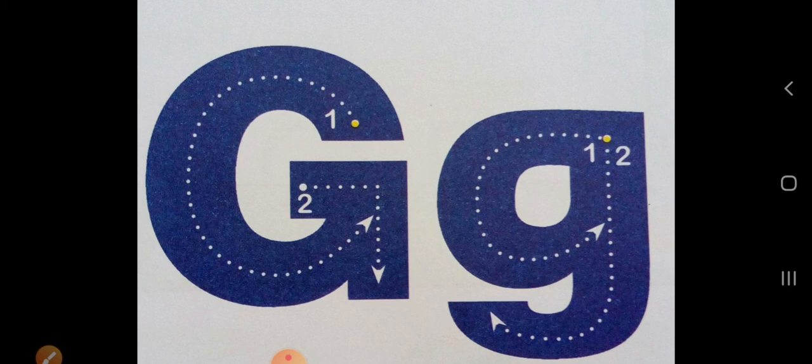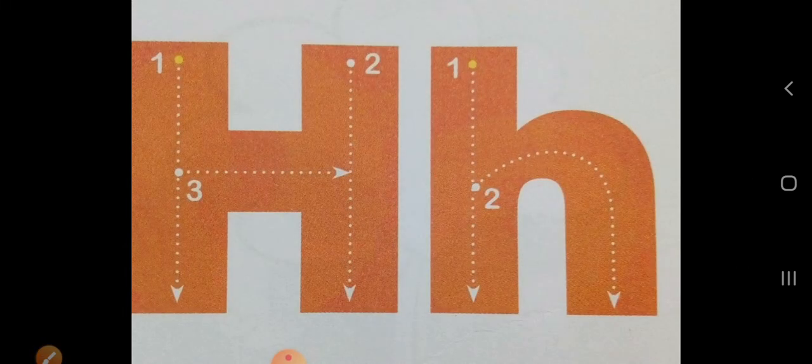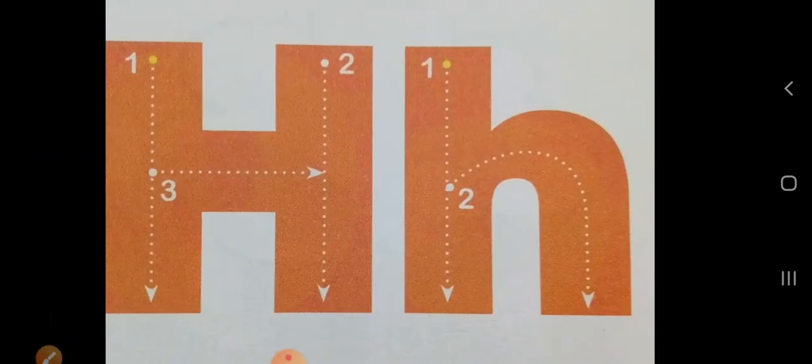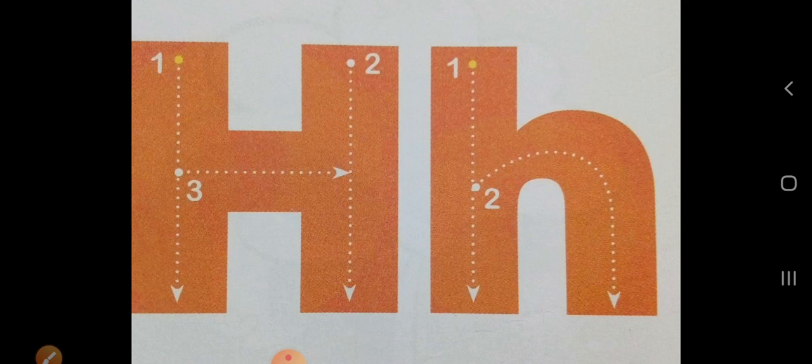Okay, so like this you have to trace and sing the sound like this. Good. Now next is ha ha ha ha. Yes, trace the letter H, H, and say its sound. Sing its sound like ha ha ha ha. Yes. Okay, so these are the letters which we are doing.